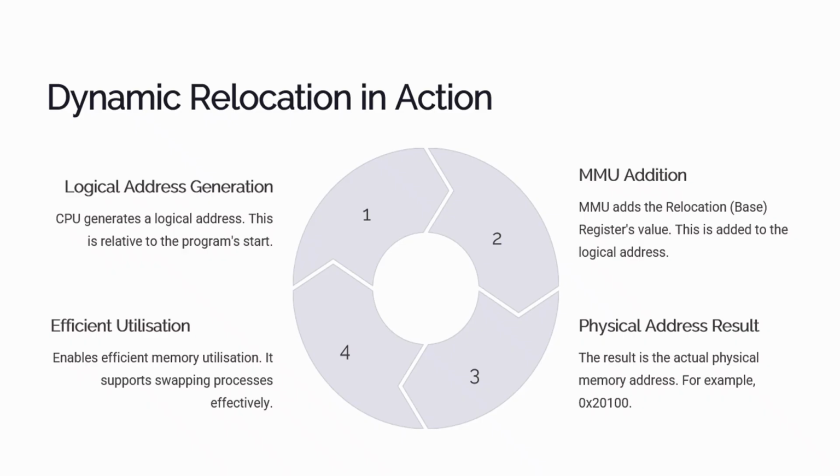It basically involves four steps. The first one is logical address generation. The second one is MMU addition. The third one is the physical address result. And the fourth is efficient utilization. Efficient utilization means it enables efficient memory utilization. It supports swapping processes effectively. Now, moving further,